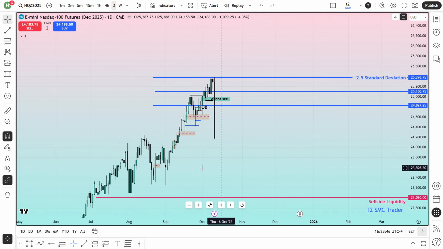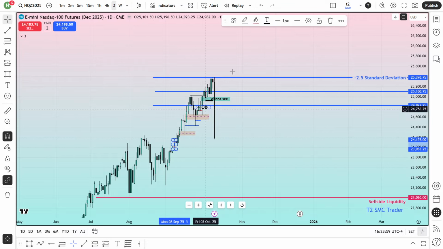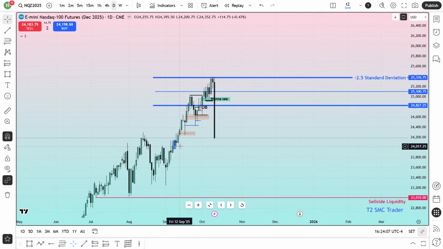So here you are seeing, just let me remove this one. See this box, when I mention this box, this is the candle which has closed above the mid threshold of that bearish order block. So this is that box. Let me change the color. So this is that candle which has closed above the mean threshold of that bearish order block, and I am now bullish. This is the last fair value gap.